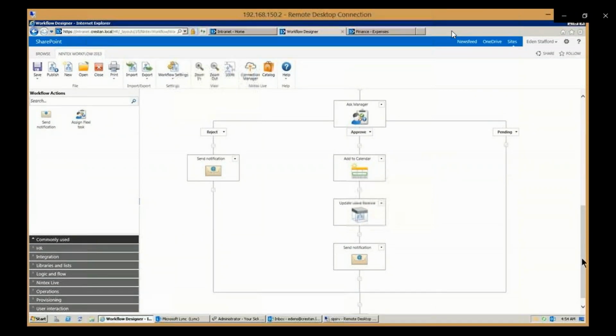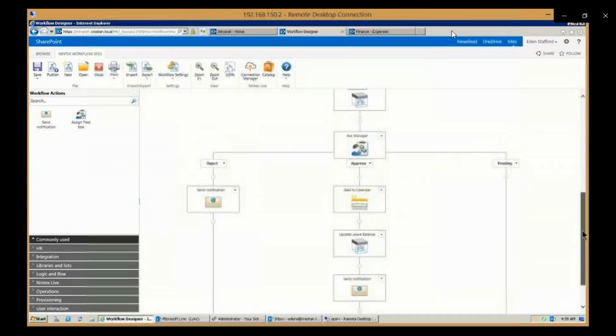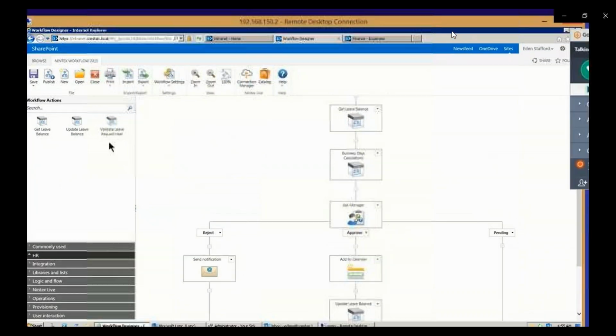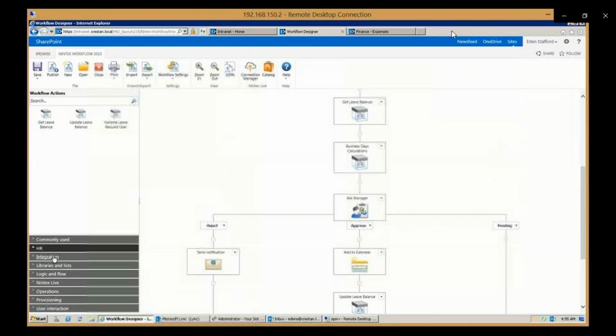So you can see how in this situation, it's literally just drag and drop in order to get your report here. Now, the next thing I'm going to do very quickly is show this other action. There's an action that you all see on this version. You can also create a custom action, which is what we see. Get balance, update the balance, update the user. But there are a lot of other ones out here.